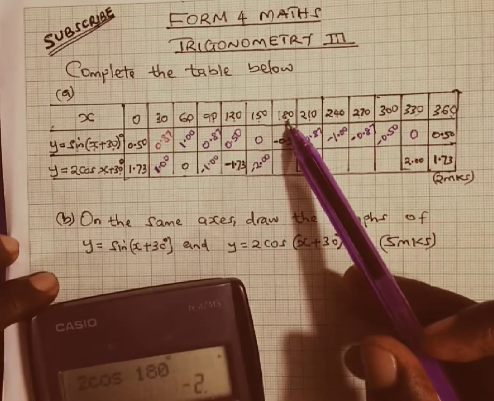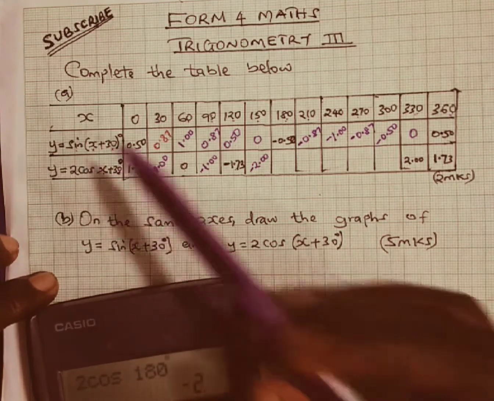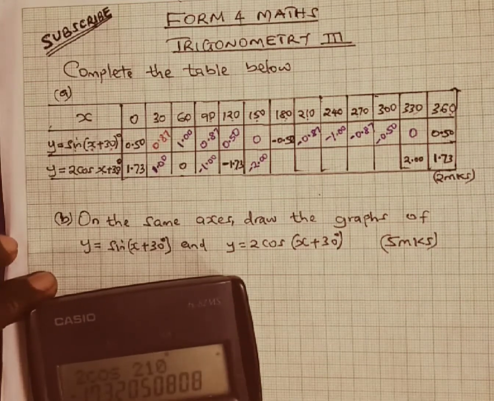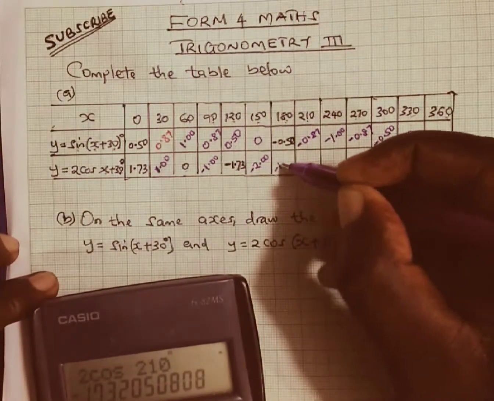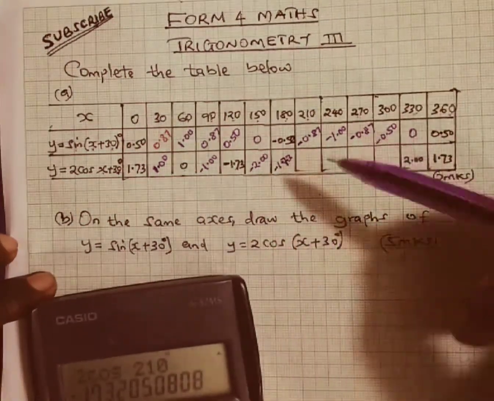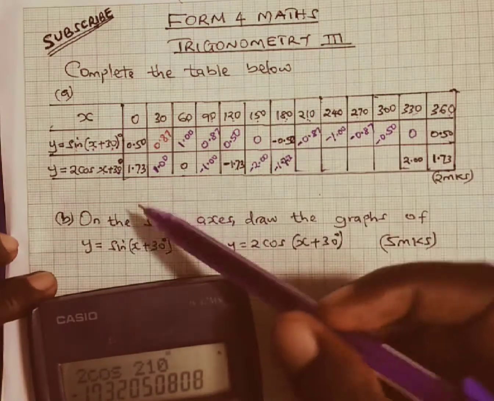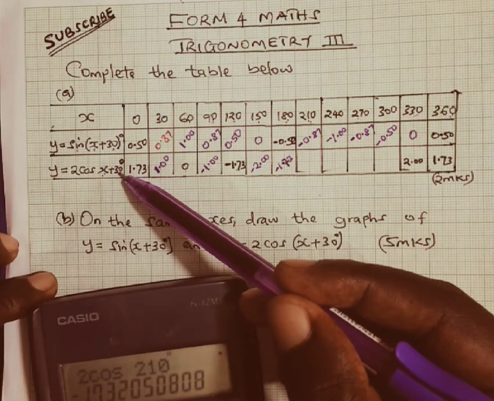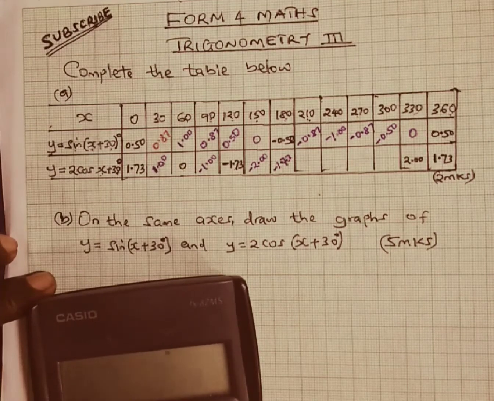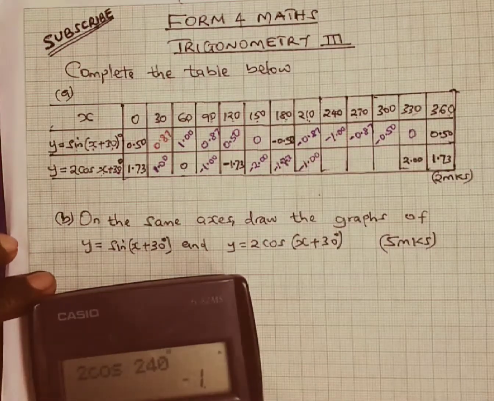Then our next value of x is 180, so 180 plus 30, you get 210, so we press 2 cos 210, and that gives us negative 1.73, which is the answer to this particular column. Then our next value of x is 210, so you add 30, that gives us 240, so we press twice cos 240, which gives us negative 1, so we can write it as negative 1.00 correct to 2 decimal places